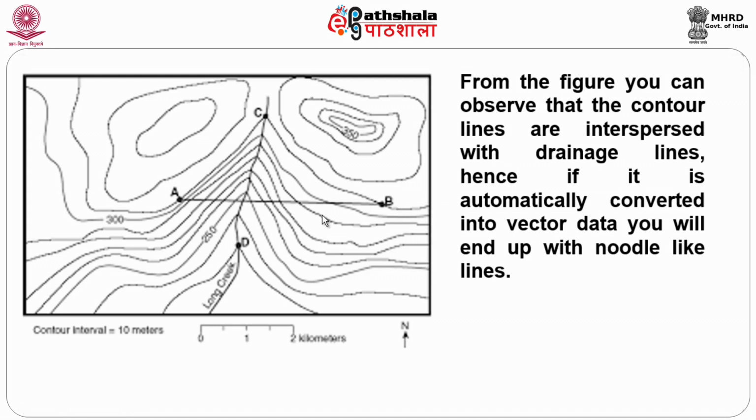steep slopes. What do you mean by that? Steep slopes will have very closely knit contours. So in such a case it will be very difficult to use any kind of manual digitization. It is rather very much difficult. Manual digitization will take for one topo sheet about 15 days. But the same thing if I am doing it automatically, it may give an output, but it will be a mixture of so many lines, there is no point in rectifying that. So semi-automatic is the best method for converting contours.